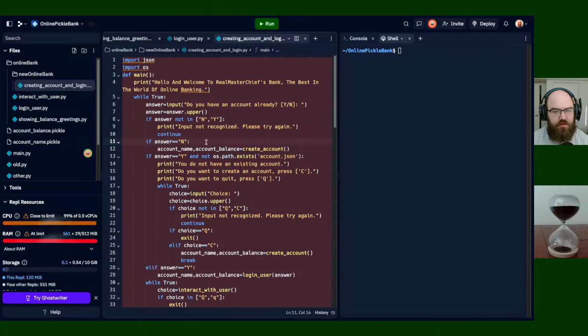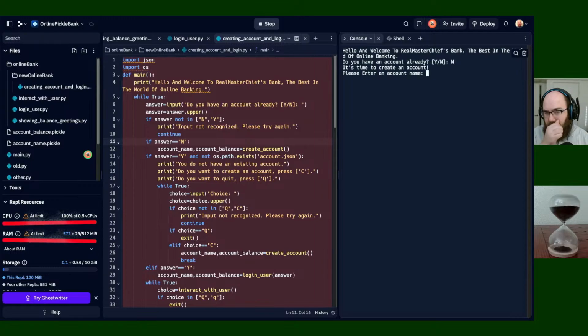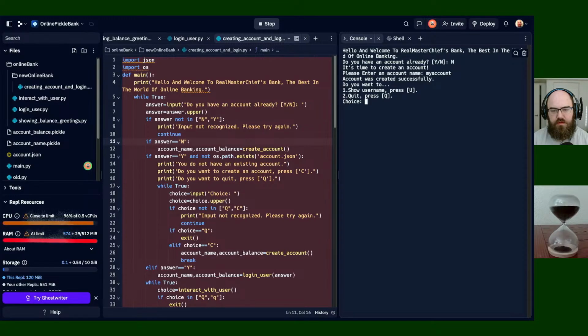Okay, first thing I'm going to do is just run this program and see what it does. Do you have an account already? I'll be a good user and be honest and say, no, I do not. Should have done shift new. Please enter account name. My account. Show username. Okay. Username is my account. To go back to the main menu, press B. What if I press A? And if I quit,